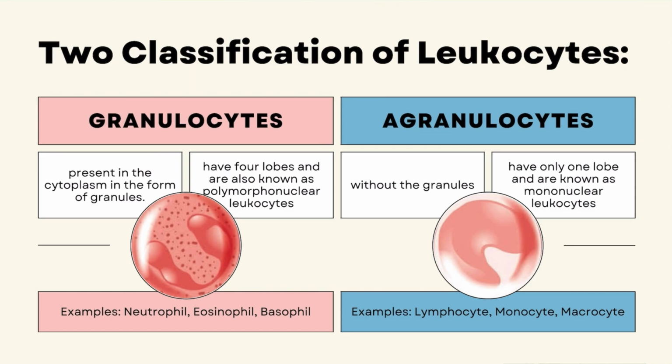Next are the agranulocytes. First under this are the lymphocytes. They are vital for producing antibodies that help the body defend itself against bacteria, viruses, and other threats. Next are the monocytes. They are responsible for attacking and breaking down germs or bacteria that enter the body. When necessary, monocytes travel to other organs such as the spleen, the liver, lungs, and bone marrow, where they transform into a cell called a macrophage. Your macrophage is responsible for many functions, including removing dead or damaged tissue, destroying cancer cells, and regulating the immune